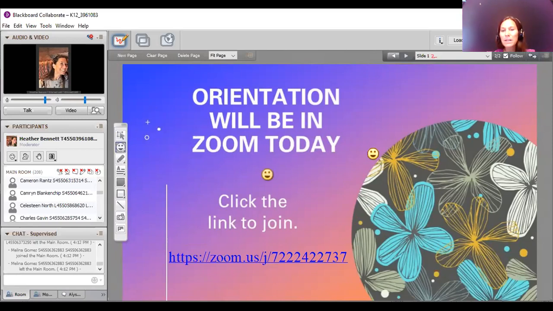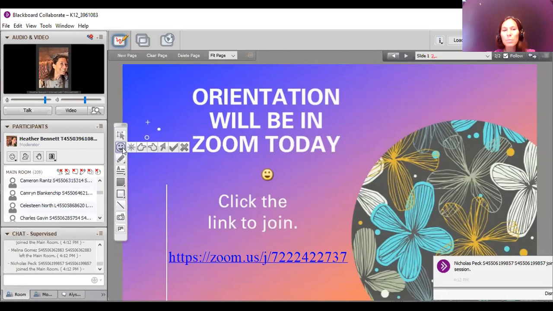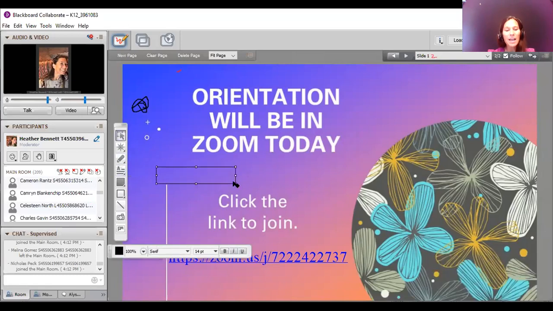You can move your smiley face around. So that is your pointer. You can change it to the sun, and then you can write on the board. So I'll show you what that's like. You can type things. Hello. You can do all sorts of different things with your whiteboard tools.